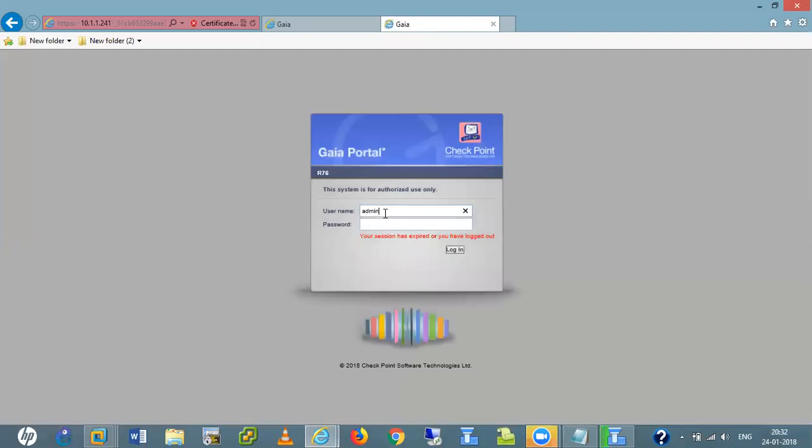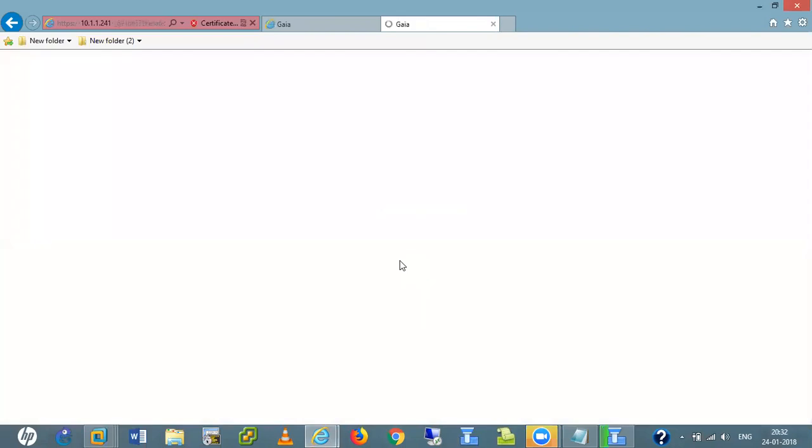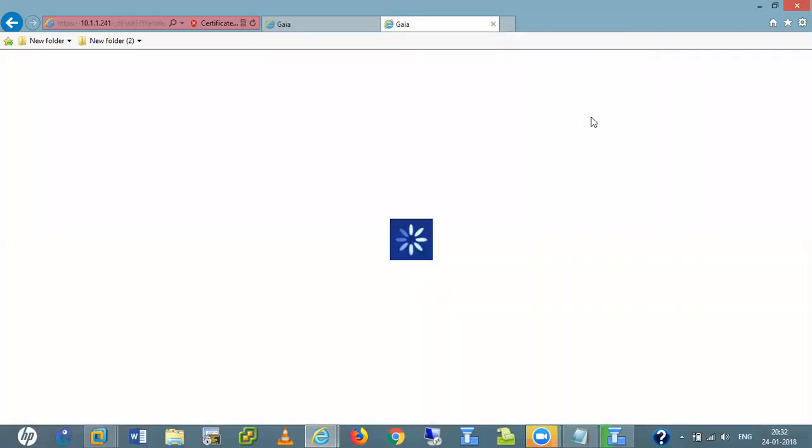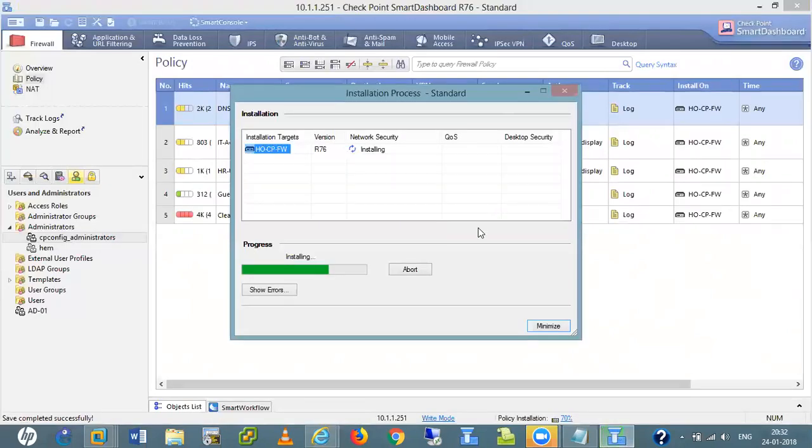See this one here, I put admin for accessing the Gaia OS, not for Checkpoint. This is the Gaia OS, here I use this admin. We get the installation: one is for the management server, one is for the Checkpoint management backup. Yes, yes.